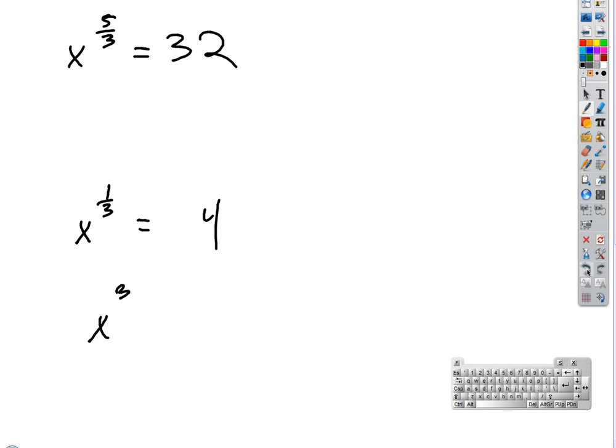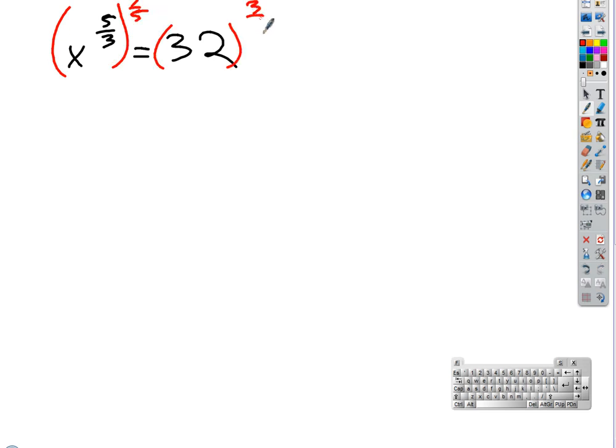So, if I take both sides to the 3/5 power, then x to the 5/3 to the 3/5. Well, power to a power, we multiply. Those fractions just cancel when I multiply. So I just get plain old x, right? They undo each other. X equals